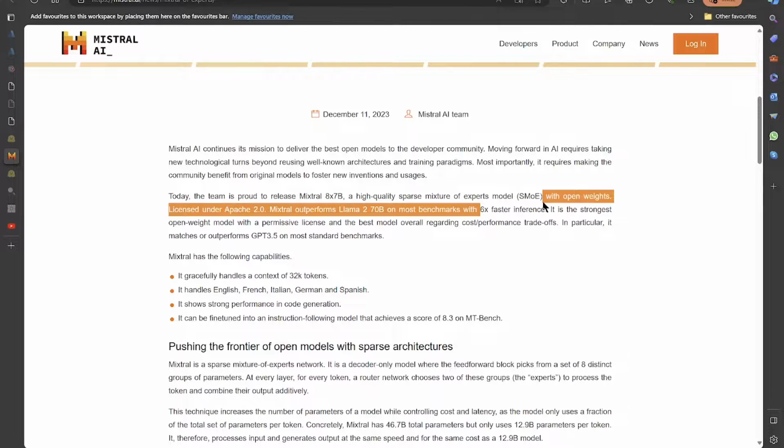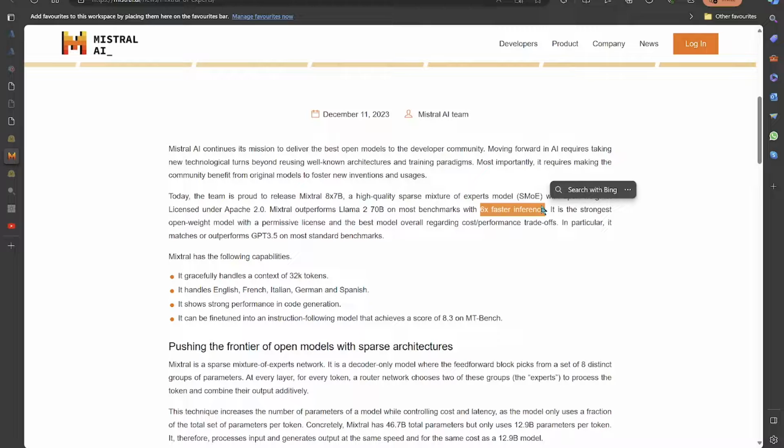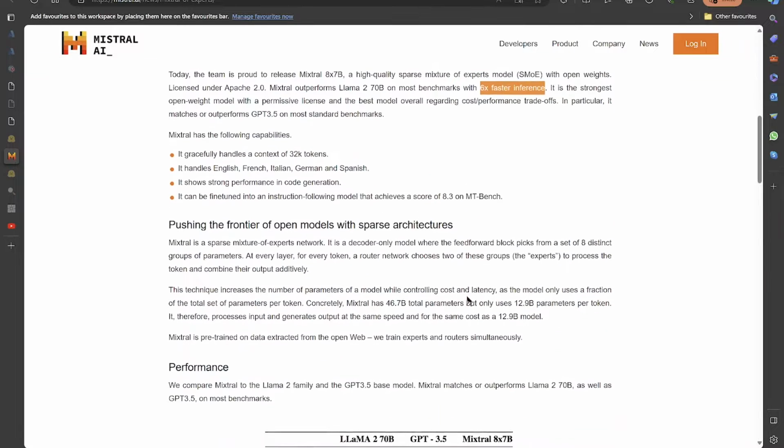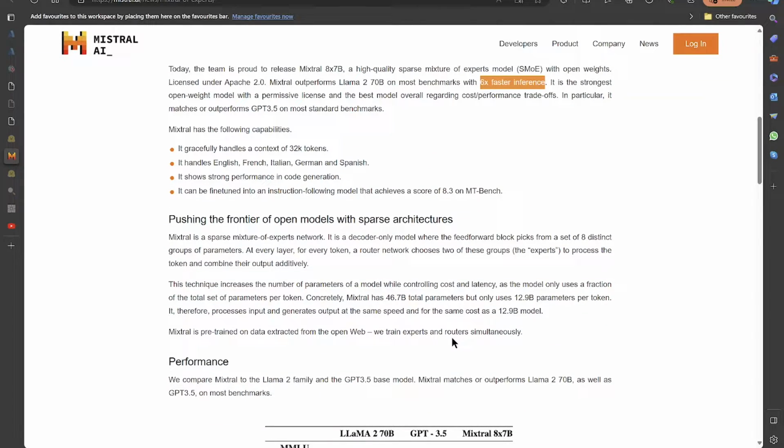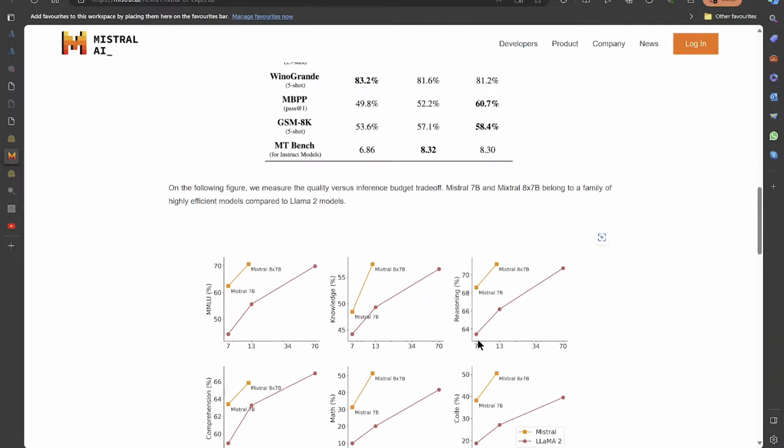And I can see that it is faster, because when I was hosting Mixtral on my local desktop, it is faster and more responsive. Unfortunately, I cannot host Llama 2 because it needs a lot of memory, but Mixtral was possible with a quantized version of it. But most importantly, it is a very good model.